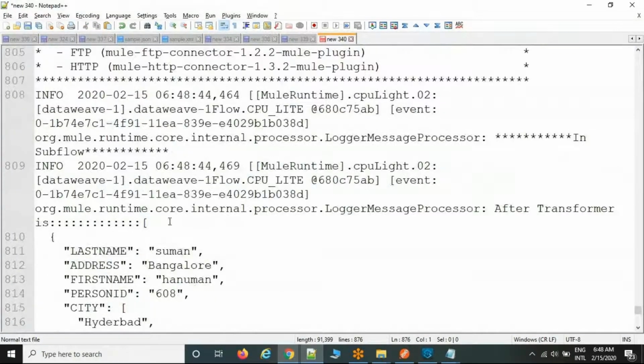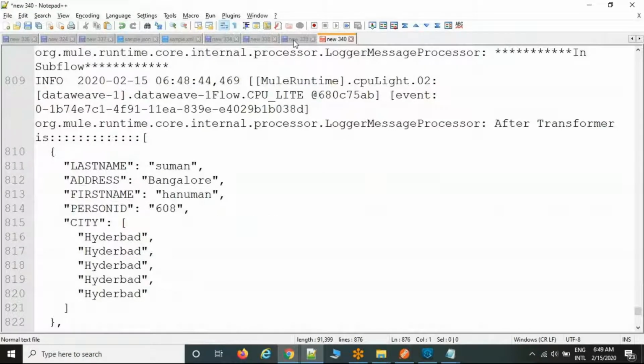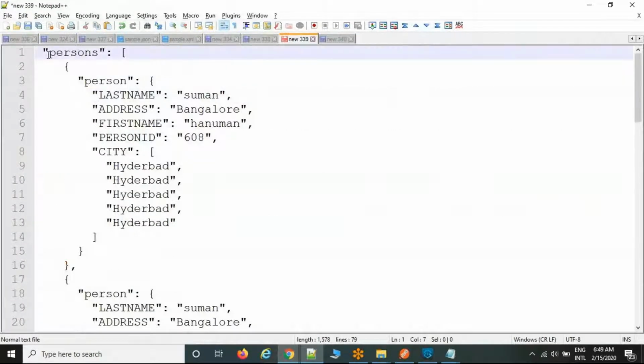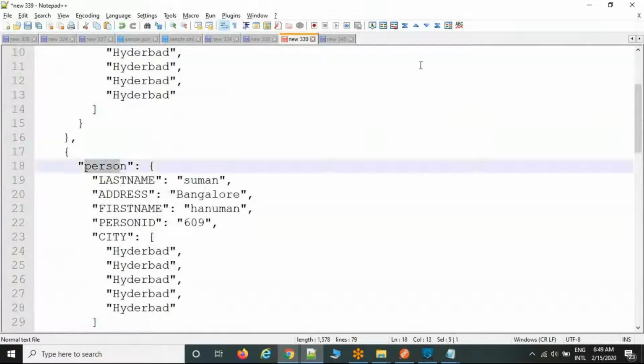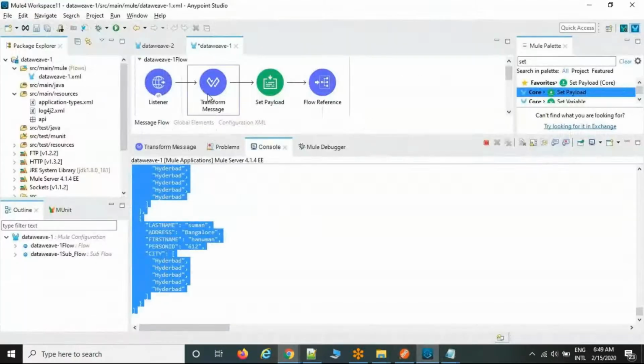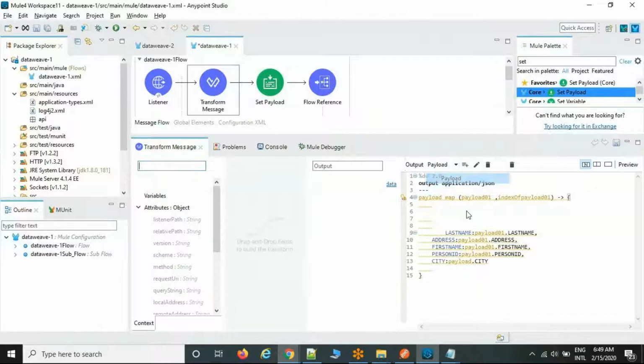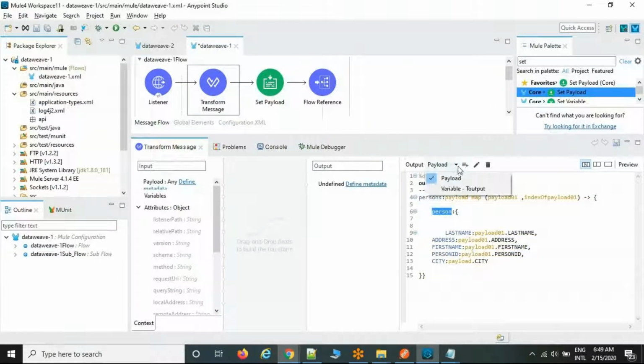See, the output got changed. There is no root element here. In the previous example the root element is available, but here there is no root element. That means the payload data includes the root element and subroot as well, but in the variable data there is no root element and subroot. So in one single Transform Message we can maintain multiple outputs. After creating variables, we can reuse them, and whatever structure you are expecting, you can maintain it in a single Transform Message. That is one more advantage.